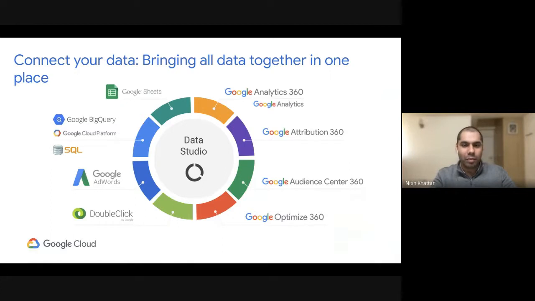When you deal with enterprises trying to break down the silos of data, they're also looking at data which is beyond this, which is in Sheets, which could be in Drive, which could be in BigQuery, which could be in any other SQL systems. So we needed a way for Data Studio to also integrate. That's the time we introduced it into the Google Cloud suite of products as well.